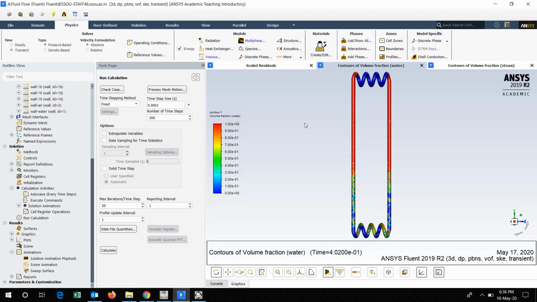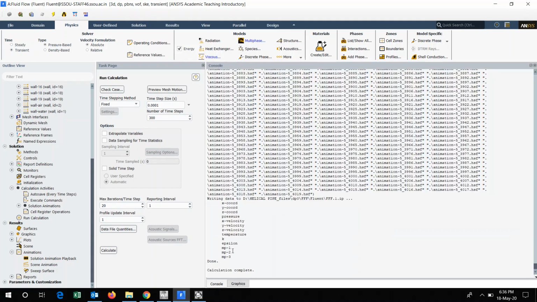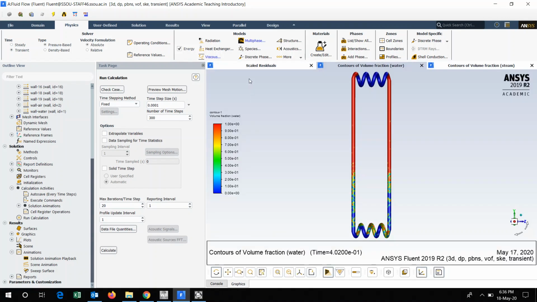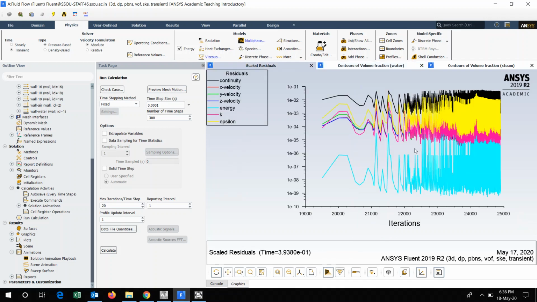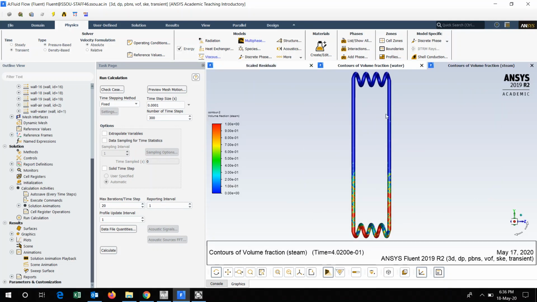So once I give 300, after that I again give 300. I have done this many times, and based upon this we have got this number of iterations. If you look at the number of iterations available right now, you can observe it is somewhere around 25,000 iterations that have been performed. More iterations are also required to have a complete visualization of these things.